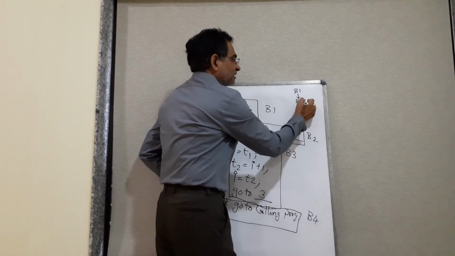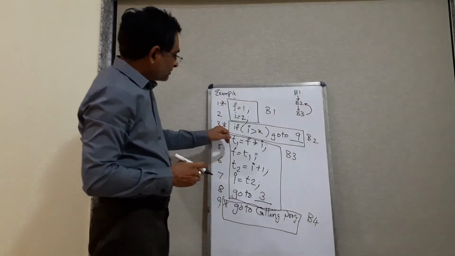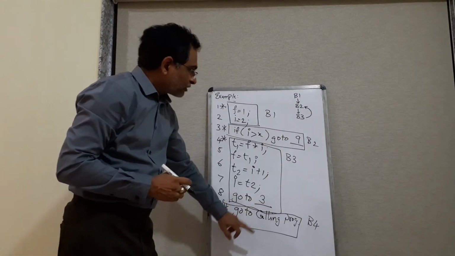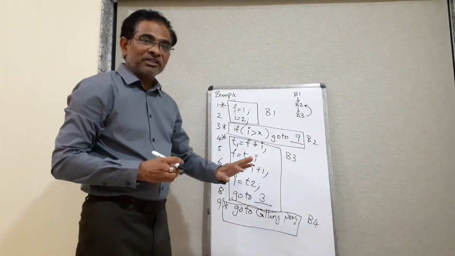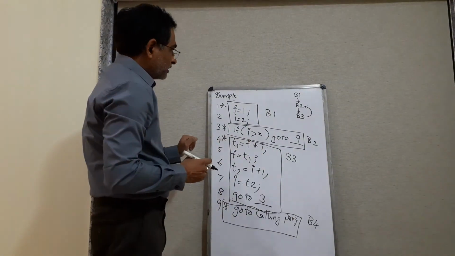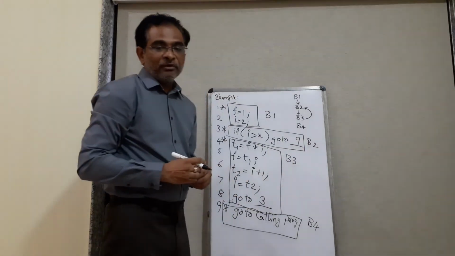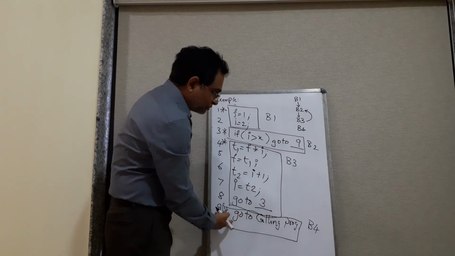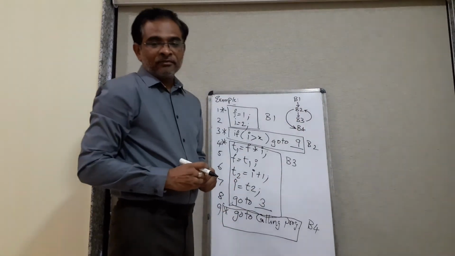So there is a cycle which is going to be present, and from B2 it is possible that it may make a jump to the outside, right? It may jump out of the for loop. So this is indirectly a for loop. A for loop is internally converted into if-then-go-to statements, and that is part of intermediate code generation. Then B4 is also there. From which place is it going to make a jump? From B2 it is possible to go to B4, right? So B2 to B4 there is a possibility which exists.